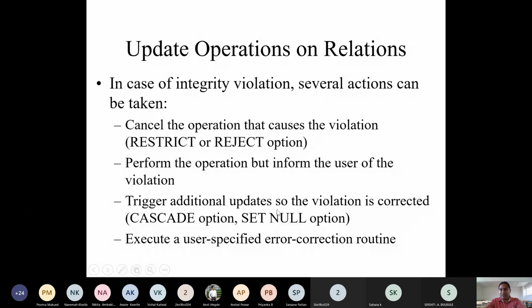Trigger additional updates means if I set such kind of constraints, cascade option or set null option, then whenever the user executes something, even if he is doing something wrong, your data will automatically be set. Next, user specified error action: execute a user specified error correction routine.